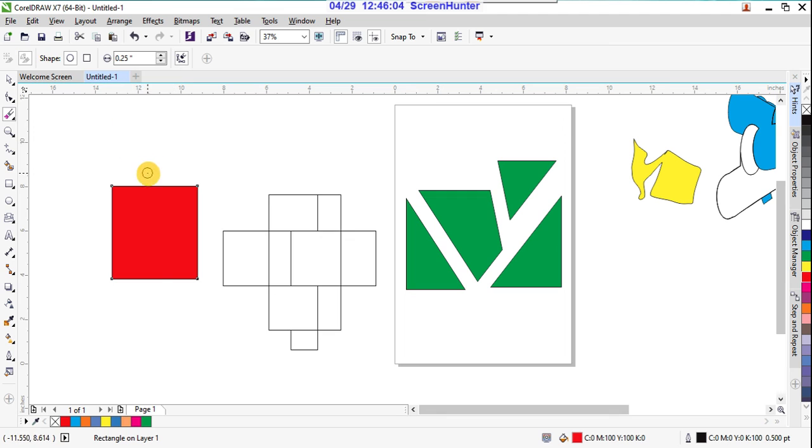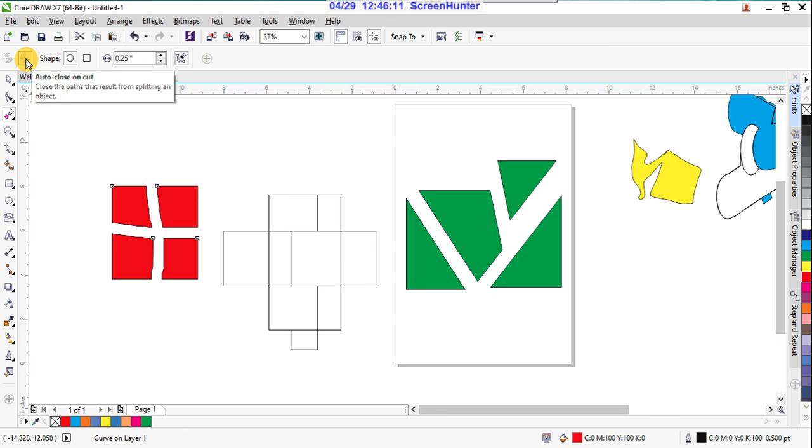Suppose, see, I'm using this, it's splitting into objects, and here it is auto close and cut.